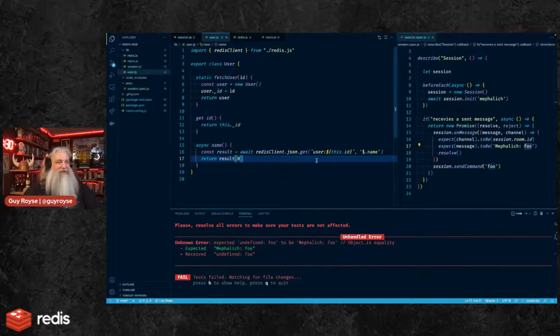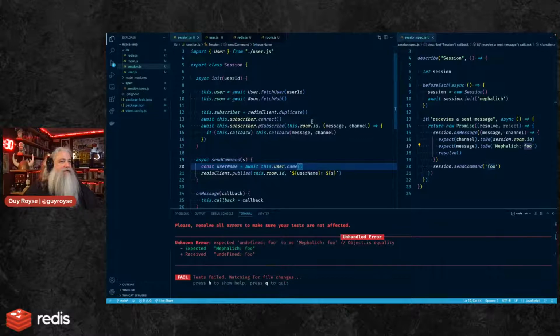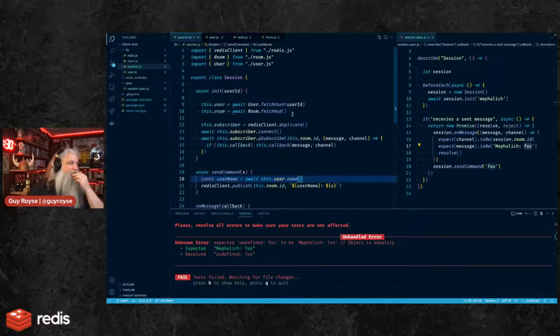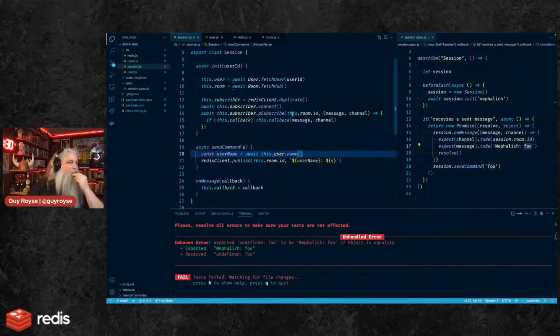That should be working, because that's literally... That is not what I thought it would do.